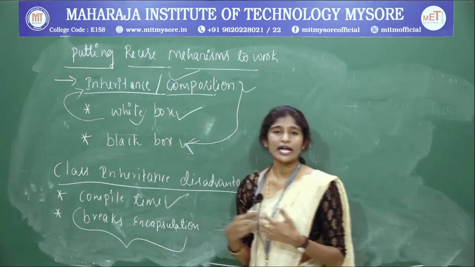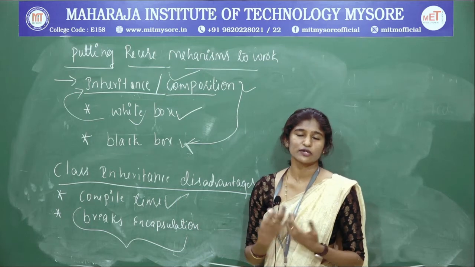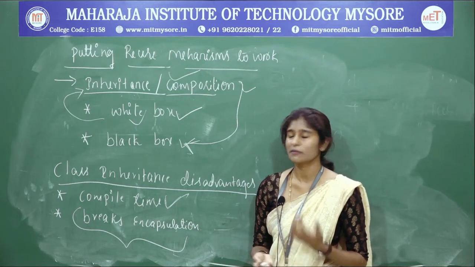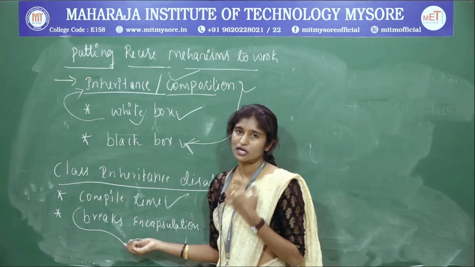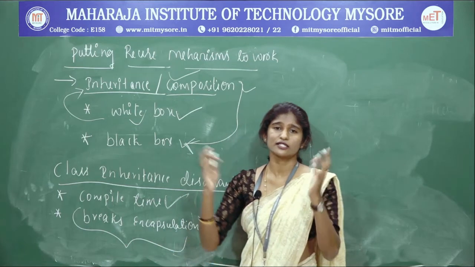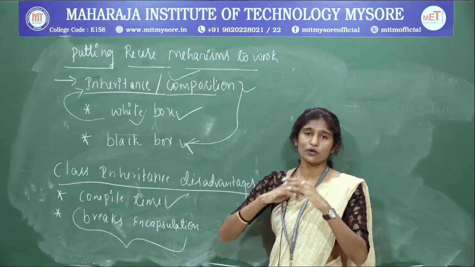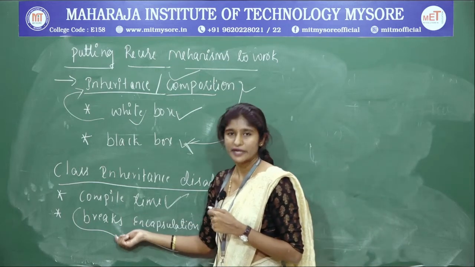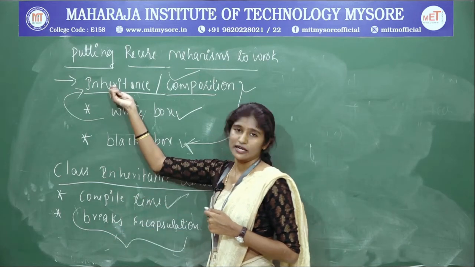So you are going to give access to all the internal elements or functionality that is present within you to the derived classes. That breaks the encapsulation rule. Encapsulation is nothing but hiding the details, or binding the details within you, so that they are not exposed to others. Inheritance breaks that.